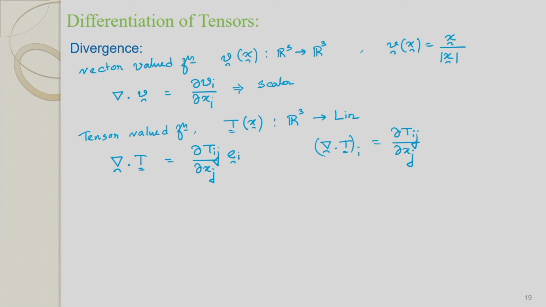Also, we can give some scalar valued function as x dot x. You can see here it is taking from R cube to R. Similarly, some tensor valued function can be written as x dyadic x. So, this is a second order tensor from a vector.